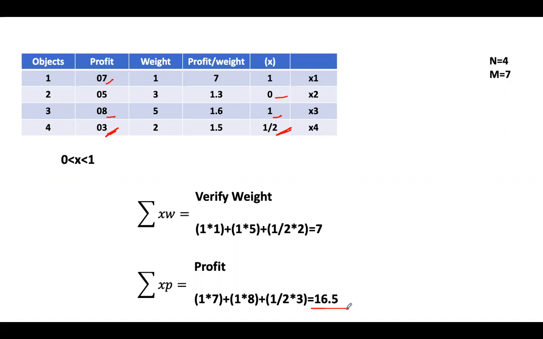Where the given constraint is 7. See, this is an optimization problem. My task is to maximize the profit here, with the constraint given as 7 kg. So weight is the constraint, and the task is to maximize the profits. So this is a greedy approach. You were greedy, trying to maximize your profit within the given constraint. Is it clear? So this is a greedy approach.